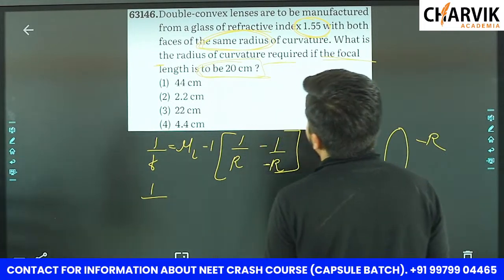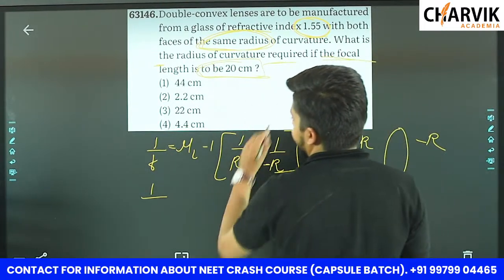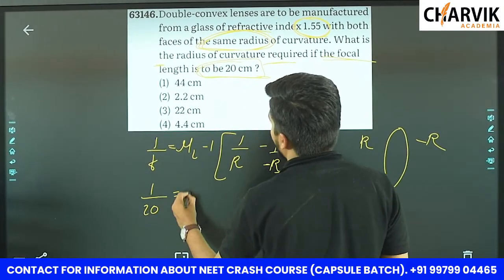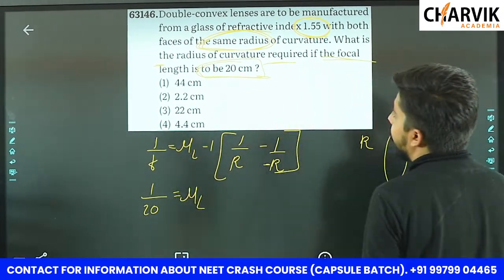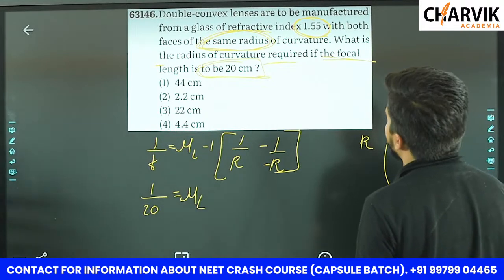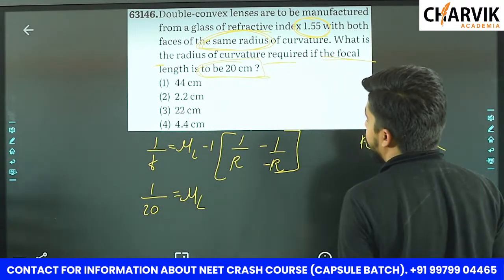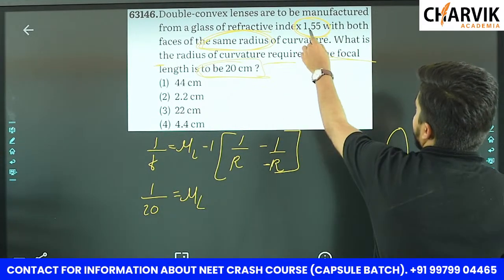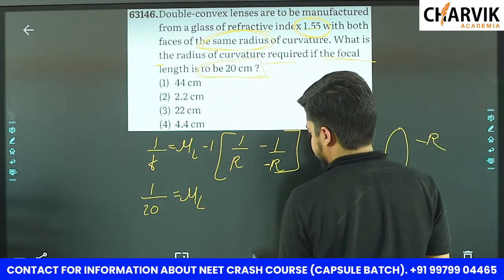So 1 upon, what is the value of focal length? 20 centimeter is equals to mu L. Mu L is the refractive index. What are they asking us? They are asking us the radius of curvature. Is mu L given? Yes, it is given, 1.55. So let us place the value of that,